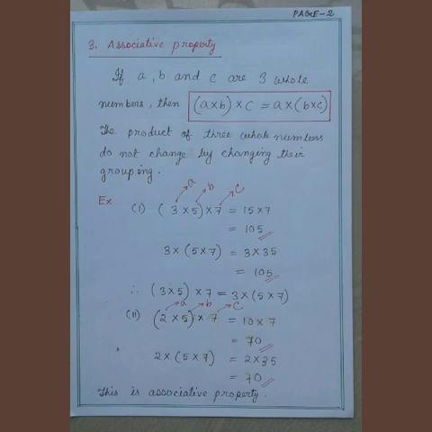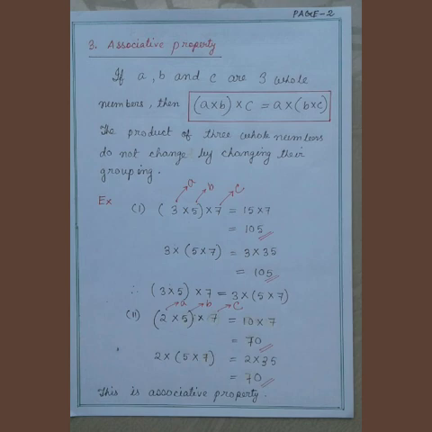Then I have made group of 5 and 7. So 5 into 7 you have to multiply first because it is within the bracket, which is 35. 3 into within bracket 5 into 7 is 3 into 35, which is again 105. So 105 and 105